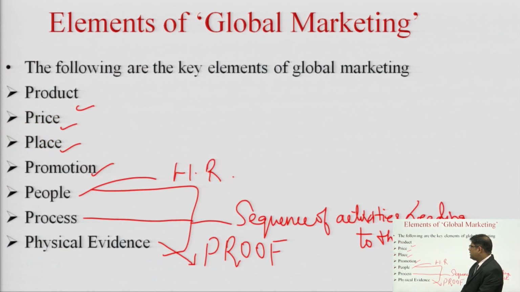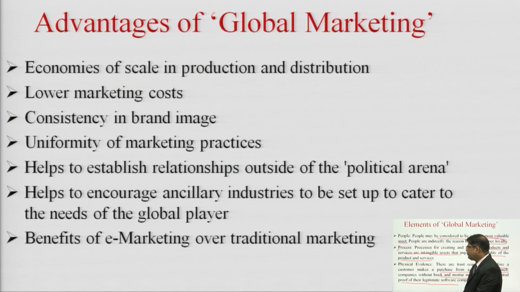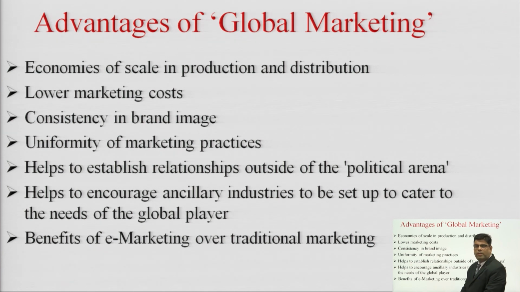So, we have covered these 7 components, the elements of the global marketing mix, that is product, price, place, promotion, people, process and physical evidence. Now, we talk about the advantages of global marketing. So, when we are talking about the advantages of global marketing,